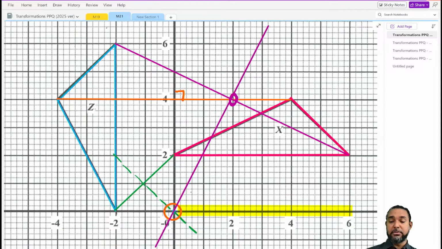Right? So to find the center of rotation, what you could do is guess that it is the origin, because most times you'd be right. Or you'd have to do this: join each pair of corresponding vertices with a straight line and then draw the perpendicular bisector of each of them. Right? That's the official way to find the center of rotation.